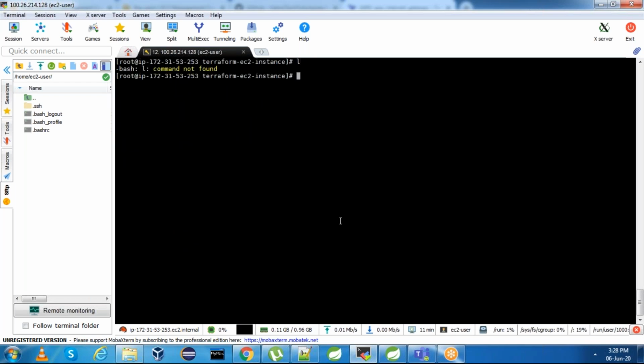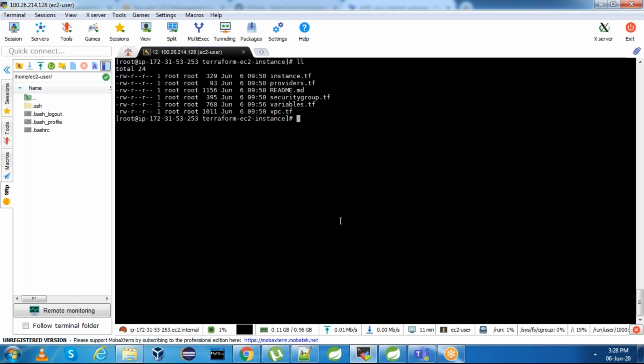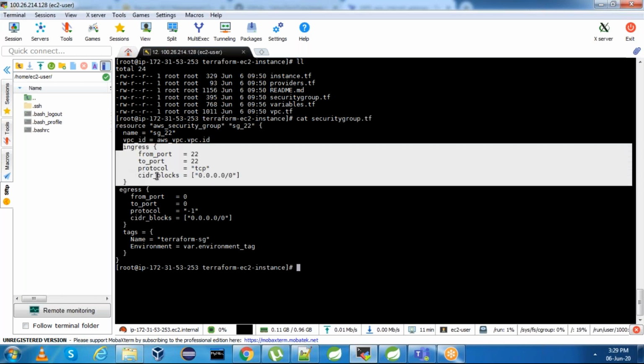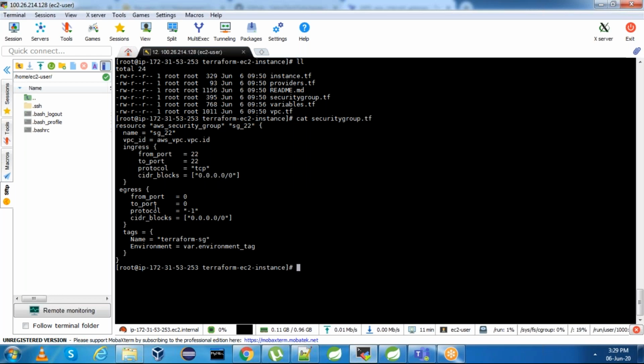And then we have security groups. In the security groups also, I have created the aws_security_group resource with a name. I allowed inbound and outbound. Inbound is ingress. I allowed only port 22.